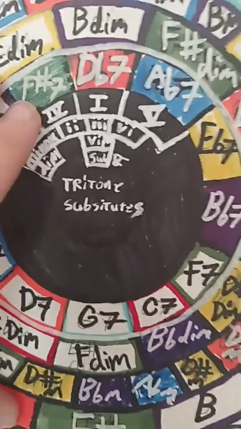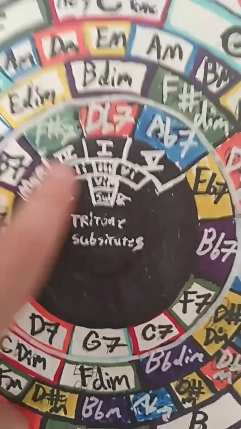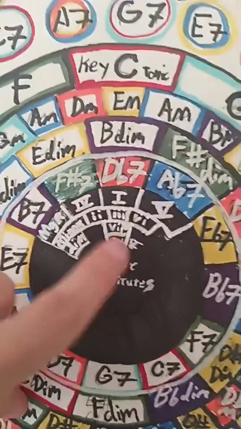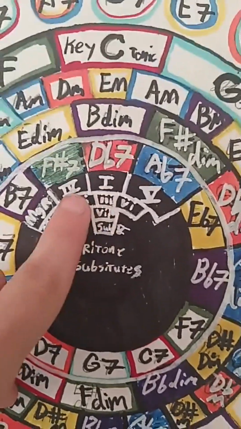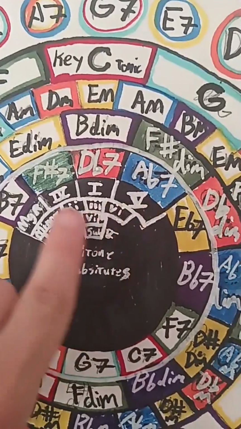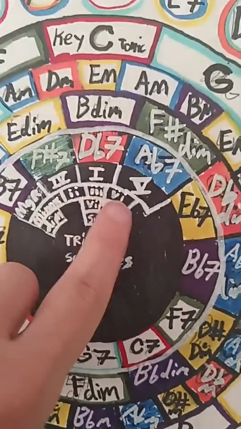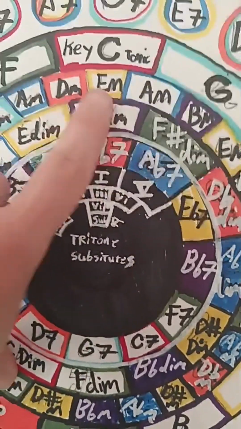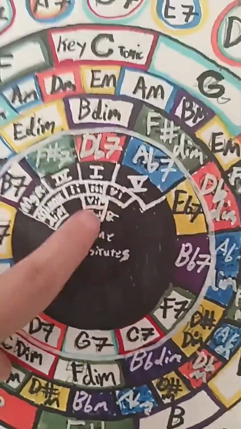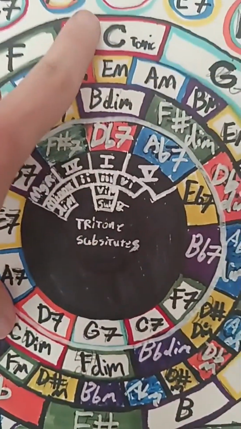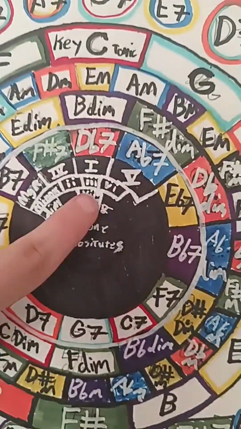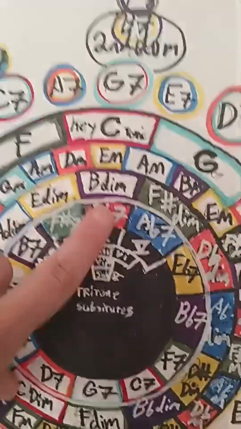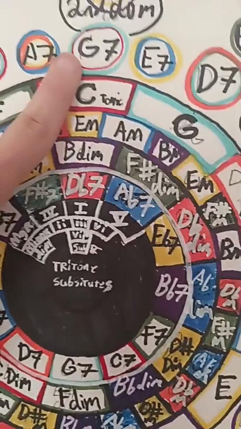And down here, as you can see in the middle of the circle, it shows what each layer does. So if you're looking at the key of C, you have your tonic, subdominant, your dominant, minor second, minor third, minor fourth, your diminished chord, that's your leading tone, leads you back into the tonic, and your tritone substitute at the very bottom, which you can use instead of a G7 to get to